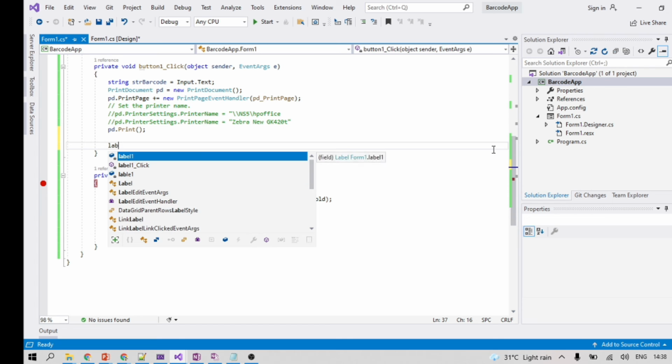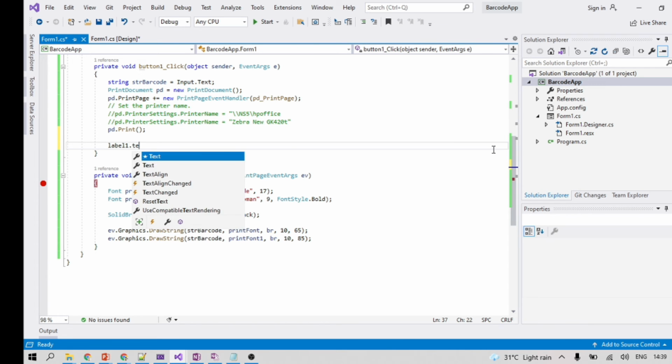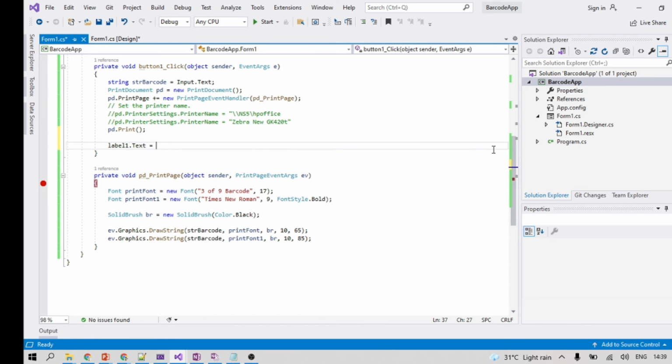So label 1 dot text equals printed successfully. This will get displayed once it is completed.